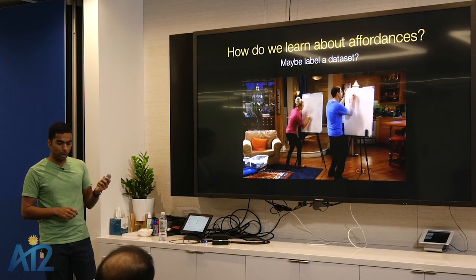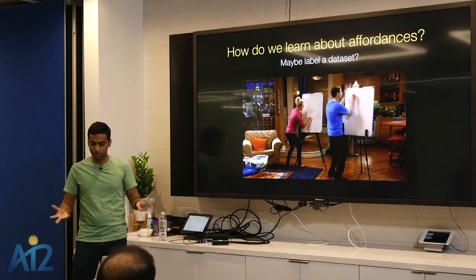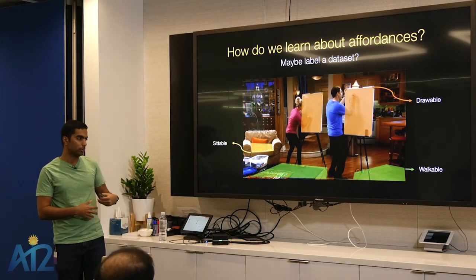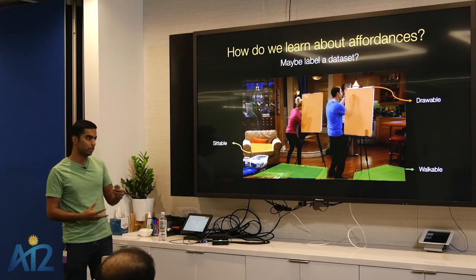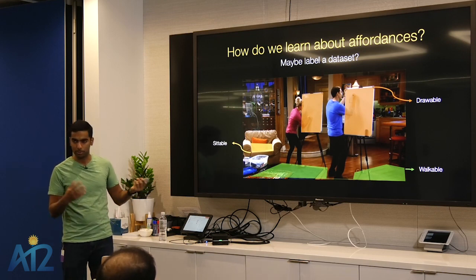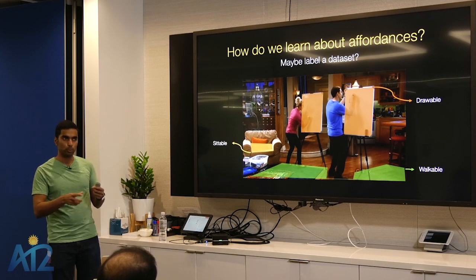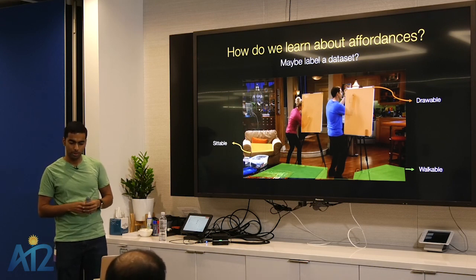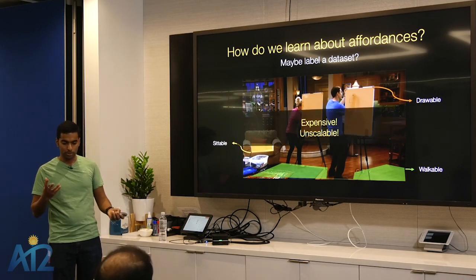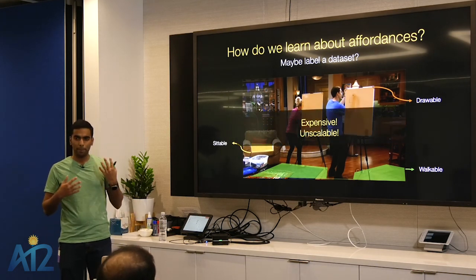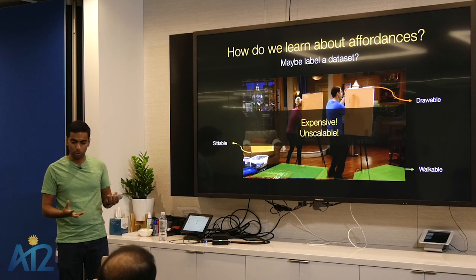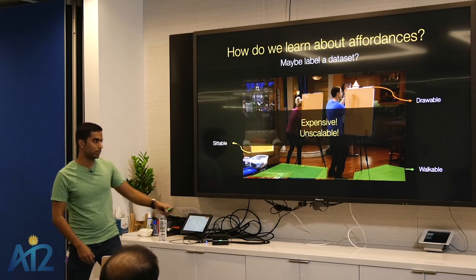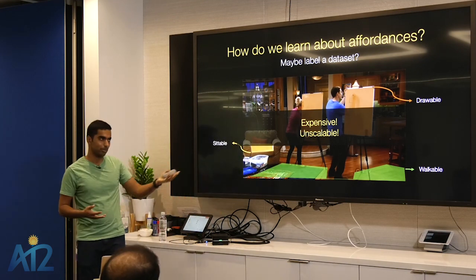Okay. So how do we do that? Since there is no existing data set to do something like this, one option is to go ahead and label one. In a semantic segmentation style, we label walkable surfaces, drawable surfaces, hittable surfaces, and then we can place humans in poses that conform to those actions in the scene. But obviously, this is very expensive and unscalable, and it's also limited by the imagination of your labelers. For example, a labeler may not think that a ledge is sittable, but somebody can, for example, sit there.